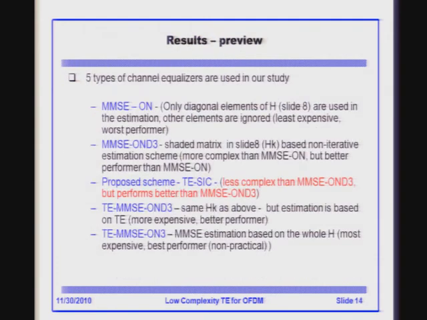Now we are going to see the results of our scheme, and we are going to compare 5 different schemes. Let me give you a preview about the different schemes that we're using. MMSE ON is the one where, when you have ICI, you still ignore all the sub and super diagonals and use only the main diagonal. This is a plain and simple scheme. That is MMSE ON. MMSE OND cube is taking that small